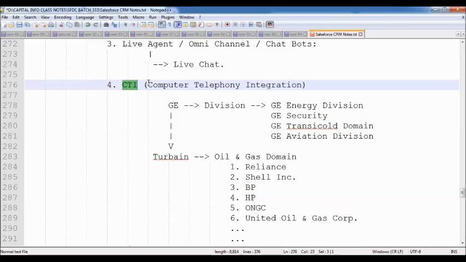How? Let me explain. For example, assume that I'm using a mobile network, like Vodafone. Today I'm facing some problem with the mobile network, so immediately I'm making a call to the customer care. If people are facing a problem with the mobile network, the immediate thing they do is call the customer care. One of the customer care executives will receive your call, and then immediately he gives a voice message to you. Now, dear Ramesh Kumar, please let me know, how can I help you? That means, for example, the customer name is Ramesh Kumar.